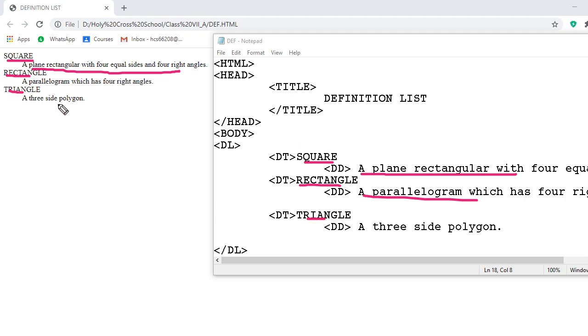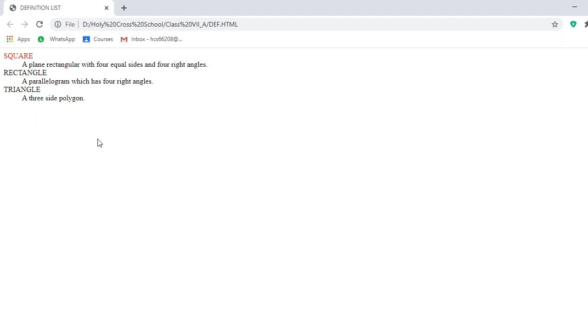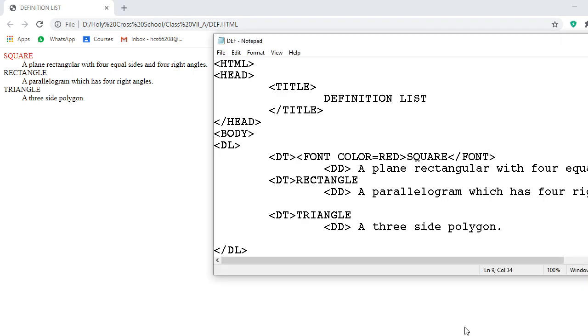Now it is up to you, you can make a choice to add color or whatever. In this one you can change the color also. Suppose I want square in red color. You know for red color, the font tag, you already know, font color equal to, I am writing red here, then I will end the font after square. I am going to save this and reload it. See, it is coming in red for square. Just check, you can make it like that, understand? Color also you can put anywhere. So I am leaving the color side up to you. You practice a lot, things will be perfect and you will gain more expertise.